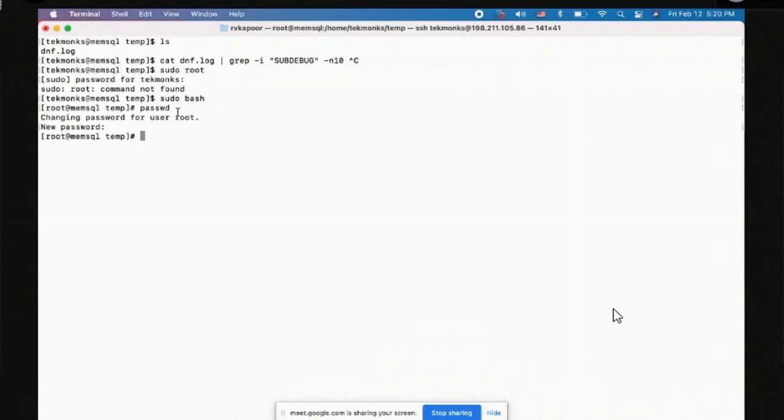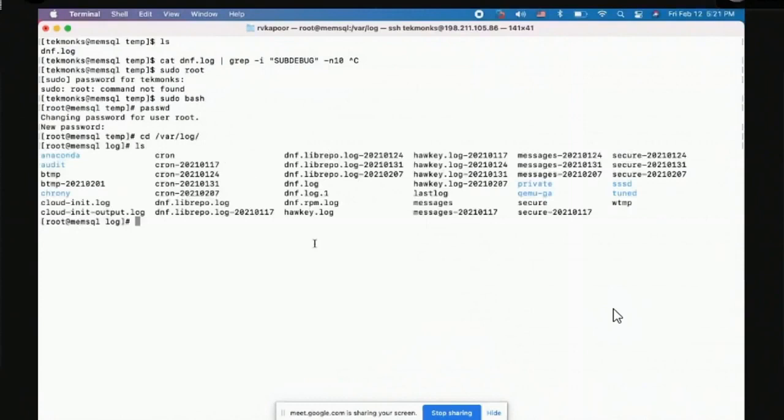If they say yes, then if you have sudo access, you can always become root. So anyway, I'm root now, so let me go to /var/log. This is an important directory from an operating system perspective. /var/log contains all the important log files for the operating system. This is good for you to know, because most of the time things that are going wrong would be in